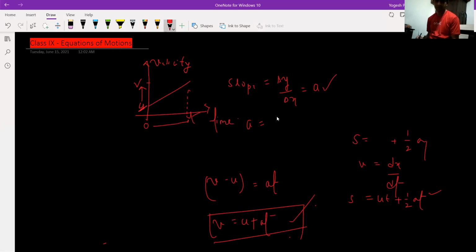So change in y-axis is v minus u upon change in x-axis, which is t minus 0. So this can be written as v minus u divided by t, or v is equal to u plus